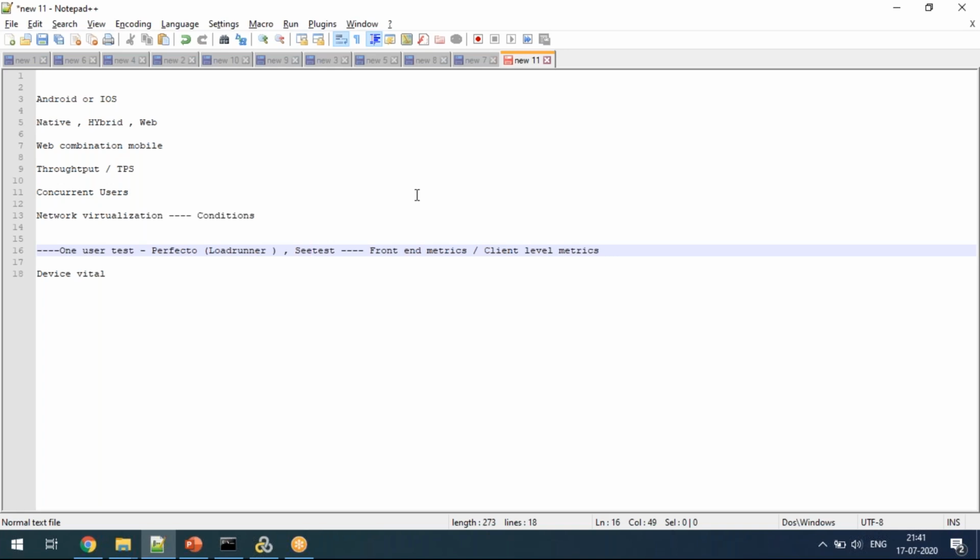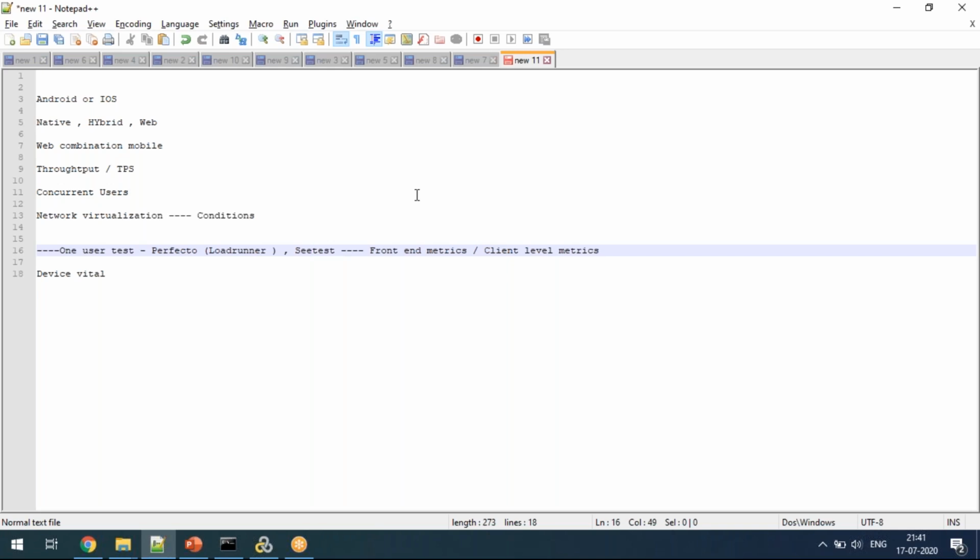So that's the way the requirement collection should be whenever we are going for mobile performance testing. Usually we share questionnaires or we share approaches, right? That is how we do. So when you are collecting this, we send questionnaires and we get the clarity. With that, we prepare the requirement document. That is how the procedure usually goes, right?